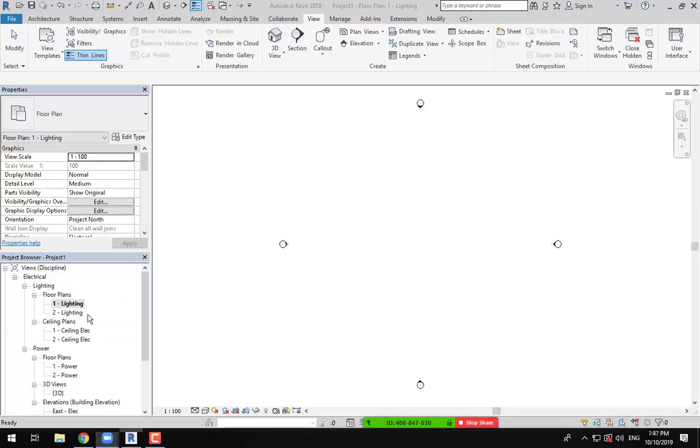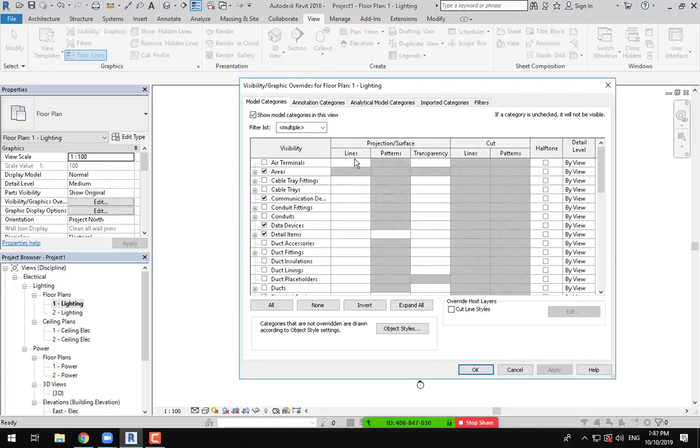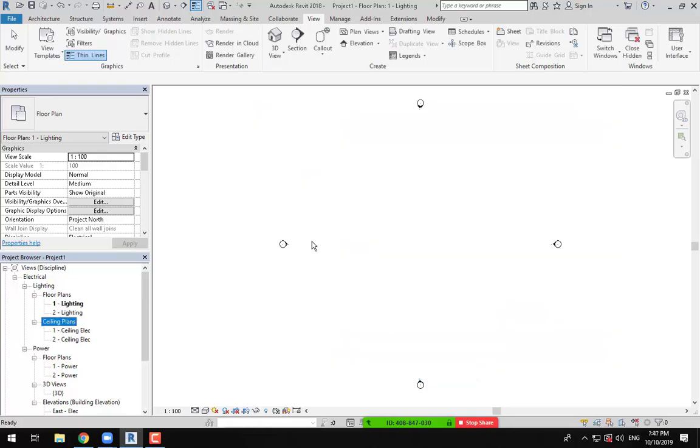Okay, something else: when we are creating our cable tray in the lighting floor plan, normally it will not be shown. Why will it not be shown in the lighting? Because the visibility and graphics for the lighting plans will hide the cable trays. For example, if we create the cable tray here and it doesn't show,